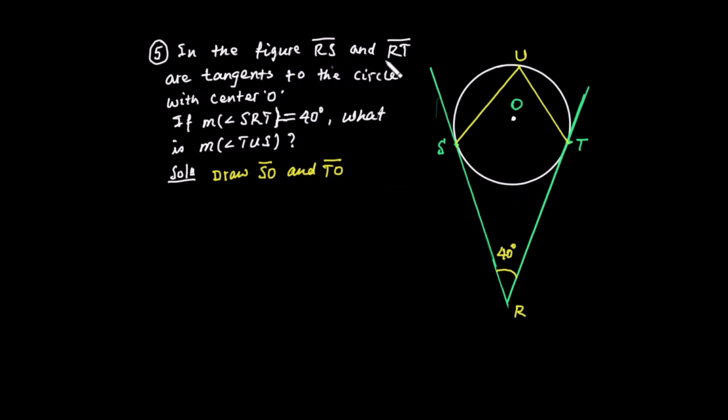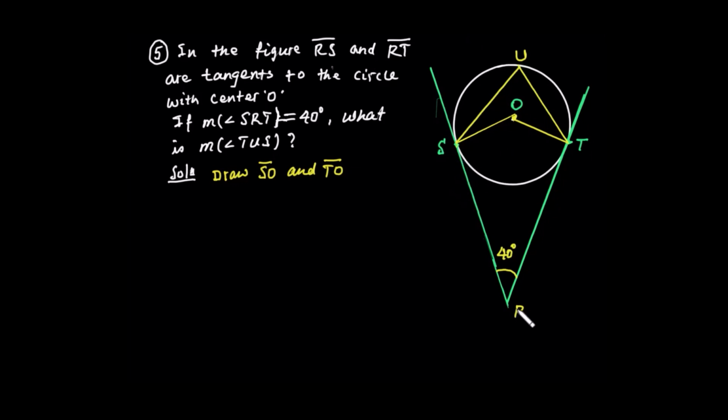ወደ ሌላው ጥያቄ ነው ኦኬ። አምስተኛው ጥያቄ ከዚህ ፊገር ጋር የተያዘ ነው። in the figure RS and RT are tangents ይላል። ይሄ እና ይሄ ታንጀንት ናቸው ኢንፎርሜሽን ነው to the circle with center O። ስለዚህ O is the center of the circle። if measure of angle SRT ማለት የአንግል 40 degree ቢሆን, what must be the measure of angle TUS ነው? ስለዚህ ይሄንን ሶሉሽን ለመፈለግ just we have to construct SO and TO። ይሄንን ሬዲየሱን ከS ወደ O፣ ከT ወደ O ሬዲየሱን መስራት, so we have drawn SO and TO።